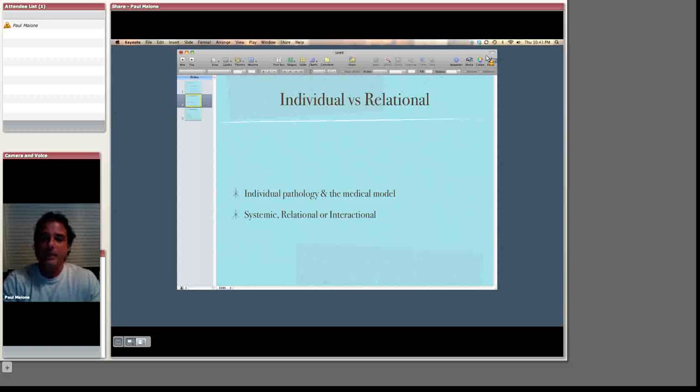Again, the individual pathology model is so steeped in our culture: a person is an alcoholic, a person is depressed, a person is fill in the blank, an adulterer. Whatever it happens to be, we are a culture used to thinking about it in terms of individual pathology. And as I said in a previous summary, there's no behavior that you can't look at in context. So diagnostic labels, DSM labels, or any kind of pathologizing labels really fall away when we can see how a behavior or a belief makes sense in context.